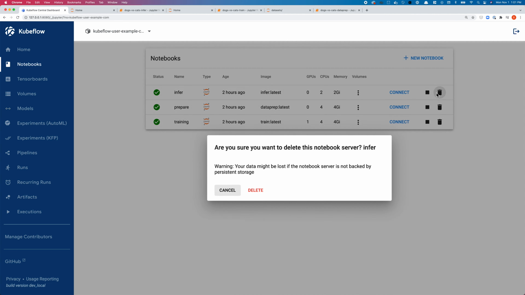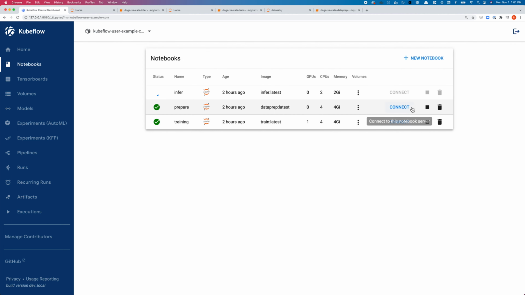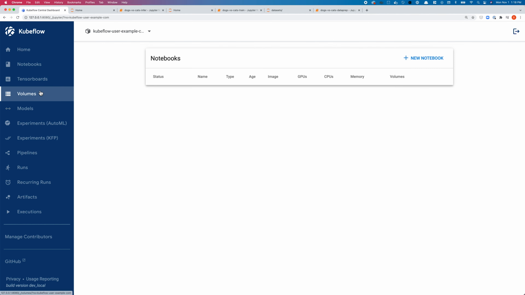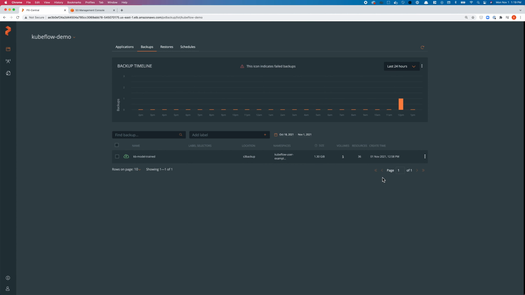At this point, let's just simulate a failure and delete all the notebook instances and all the persistent volumes that were created for our Kubeflow instance. So we'll delete all the data preparation, training, and inference notebooks. We'll delete all the volumes that are associated with it. And once they are deleted, we'll go ahead and perform a restore operation for our Kubeflow instance on the same